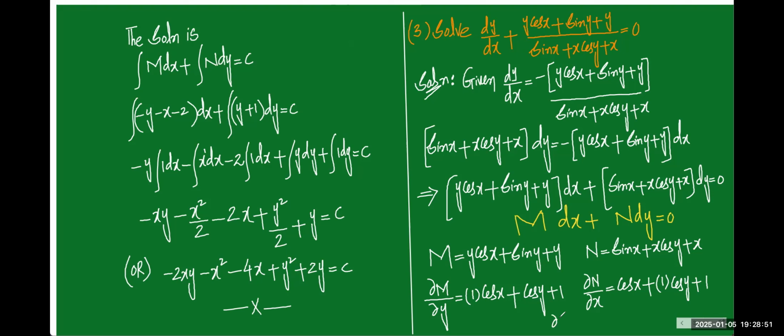It is satisfying: dou M by dou y is equal to dou N by dou x. This is our equation number 1; after simplifying some steps, equation number 1 is exact. Therefore we say that 1 is exact. Now the solution is